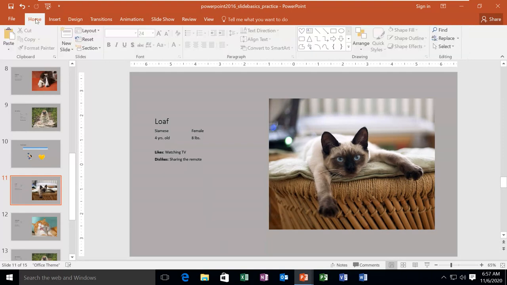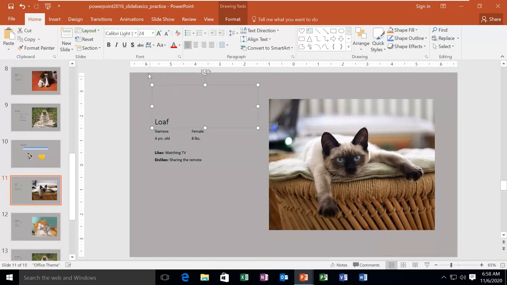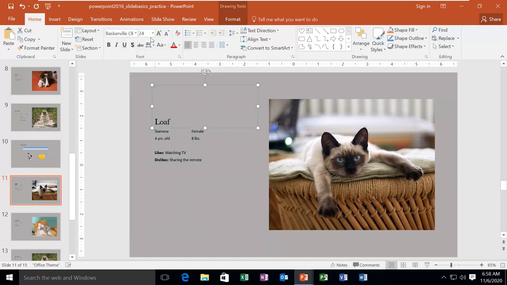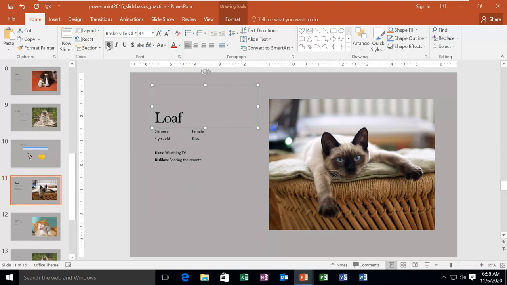So if you go to the Home tab, you have this Font group, you have this Paragraph group. You have to select the text first, then you can change. Select the placeholder, then you can change what you want to change. You can change the style, you can change the size. As you can see, it is changing the size. You can make it bold, you can make it italic, you can underline it, you can even add shadows also